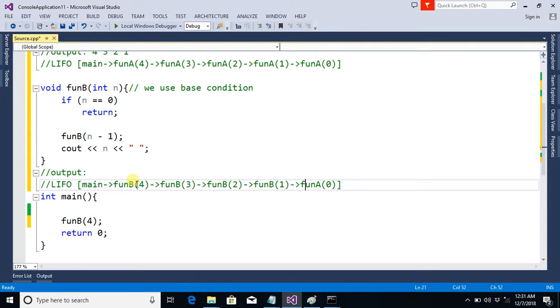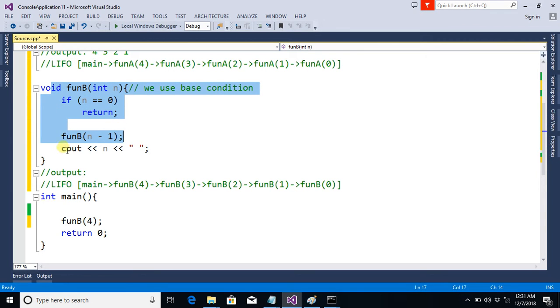the difference is that first time when function B will be executed with argument 4, we will not be able to reach here, rather we will call the function B with argument 3, and then when we will come here with function 3, we will not reach here, rather we will stop here, and again we will call with argument 2 and then 1, and finally when 0 will come, then we will come here and we will return from this function from here. So what will be the output?